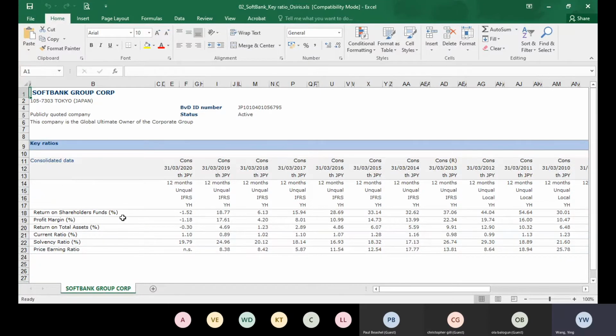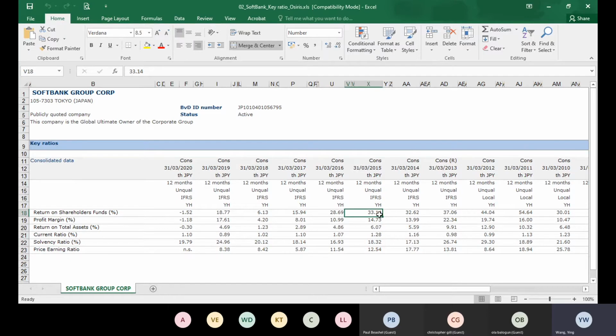So here, the key ratios, for example, return on equity, profit margin, it can be gross profit margin or net profit margin, return on total asset, current ratio, solvency ratio, that's the finance ratio, and PE ratio, that's the investment ratio. And you can compare and quickly see the change of the ratio. For example, in